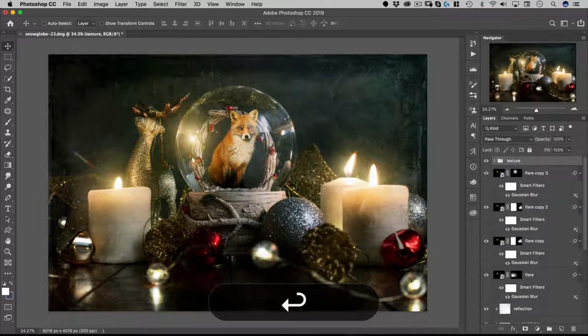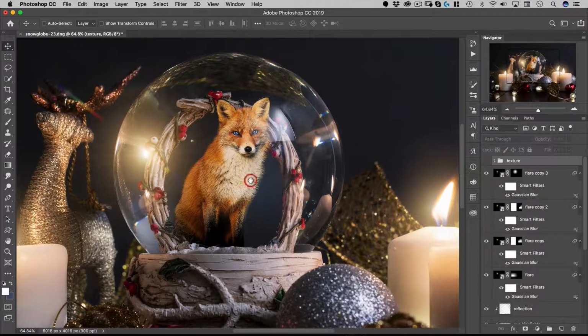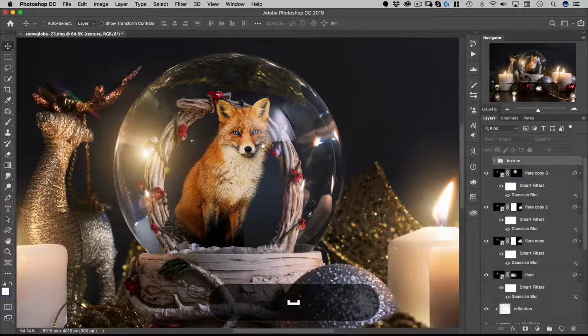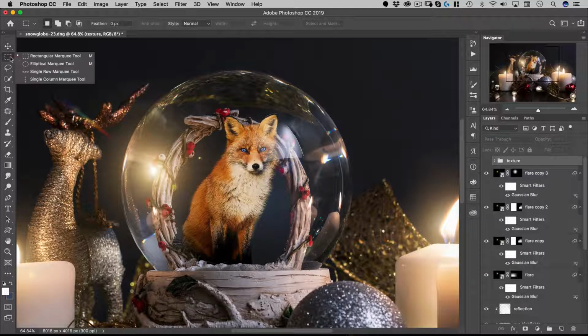call this texture, because the one other thing I want to do is I want to add some snow in here. To do that, the first thing we need to do is make a mask of the globe. Now, fortunately, it's a glass globe, so it's going to be a perfect circle. So we can use our circle ellipse tool and